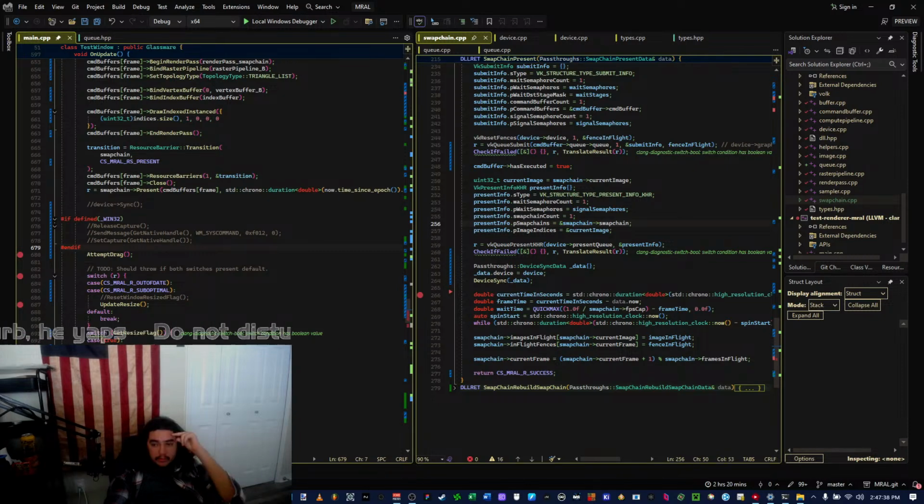I'm trying to see if there's any examples online of swap chain and timeline semaphores. I should not need to have to. No. I mean, I'll ask and see if there's any. Yeah, I'll type something up.